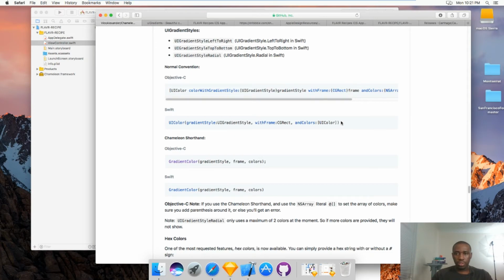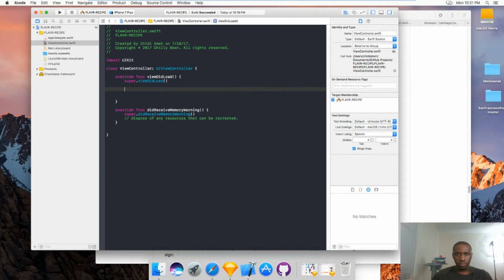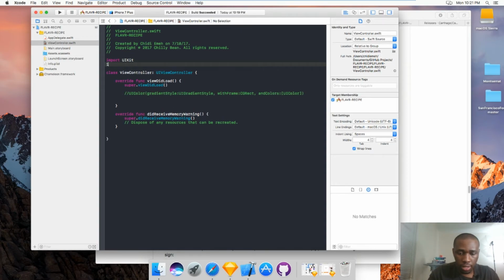So I'm just going to copy this right here, select that, and go to my view controller, and I'll go to the method viewDidLoad, take that comment away, and I'll paste it like that. All right, so let's test this Chameleon framework. So you're going to say import Chameleon like that,